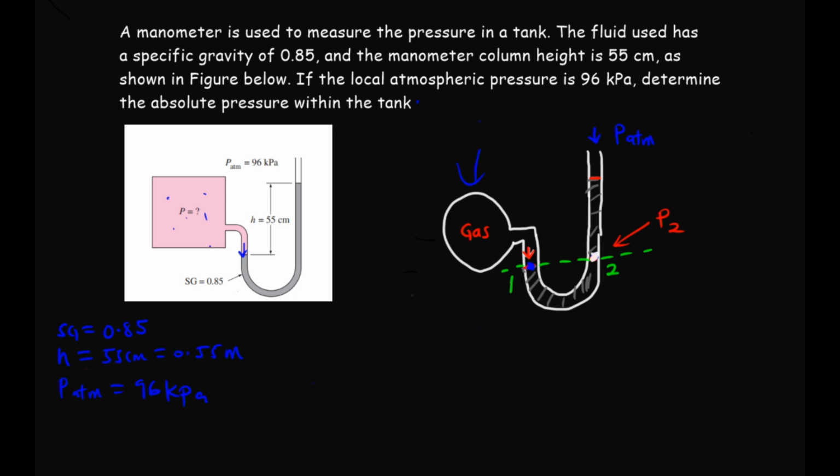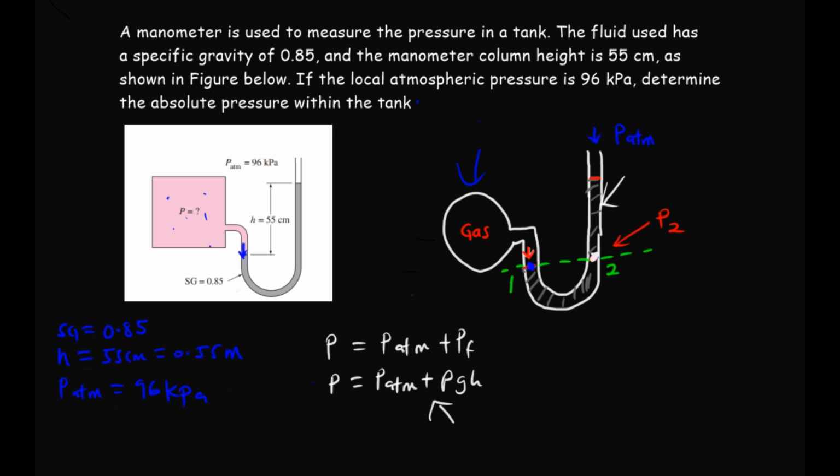So all we have to do is find the pressure at this point here, and that will be equal to the pressure in the tank. Earlier on we derived a formula which tells us that the pressure in the tank, P, will be equal to P atm plus the pressure due to the fluid in this column here. We know P_F to be rho g h, so P will be equal to P atm plus rho g h, where rho is